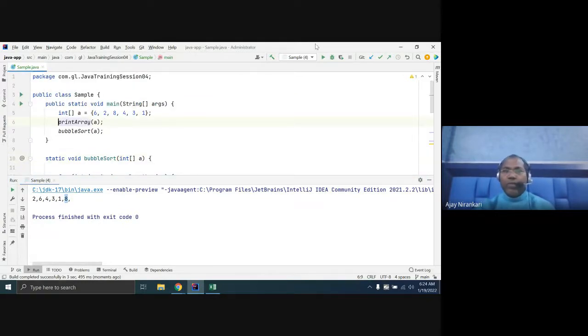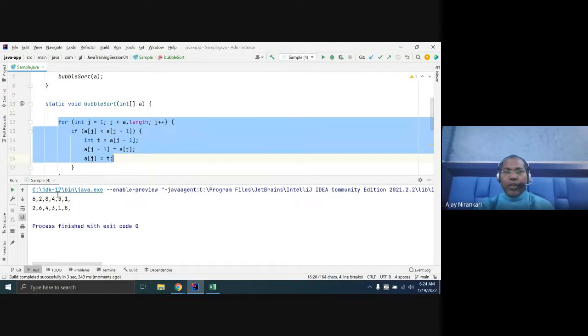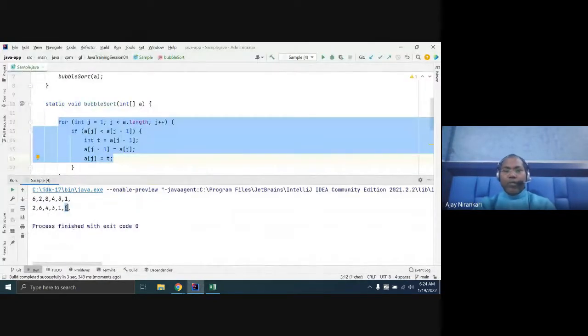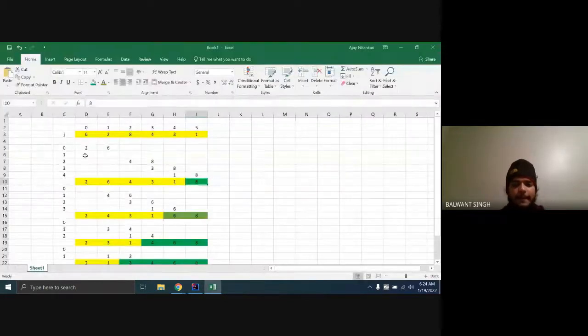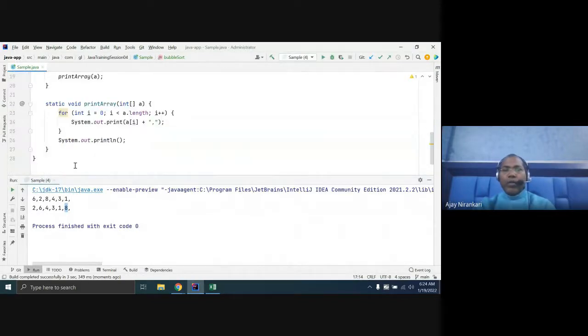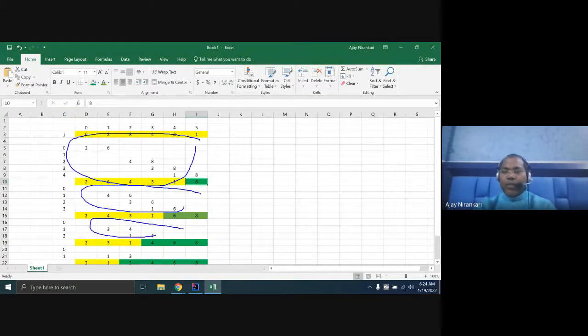As per our logic, whenever you run one loop, it will sort only one element, the last position. Like in this example, the last element will be the 8. The same output here, correct? So one loop cannot sort our complete array because we have completed only one pass, but we need another pass, and another pass.